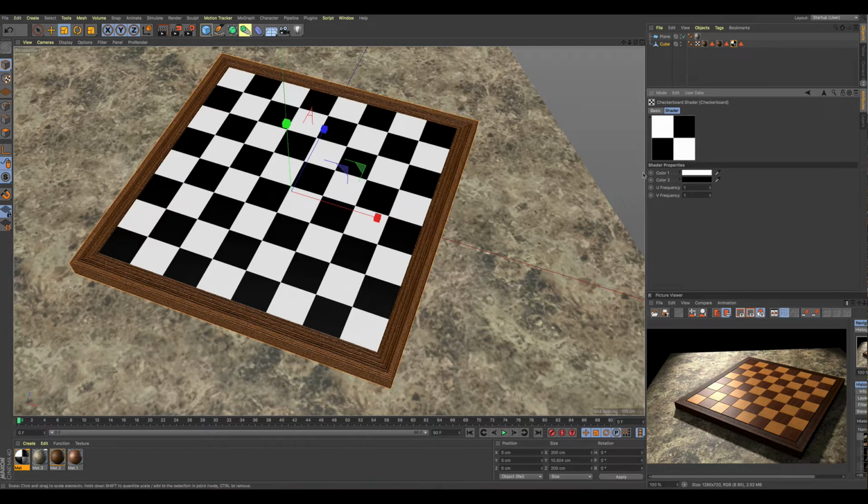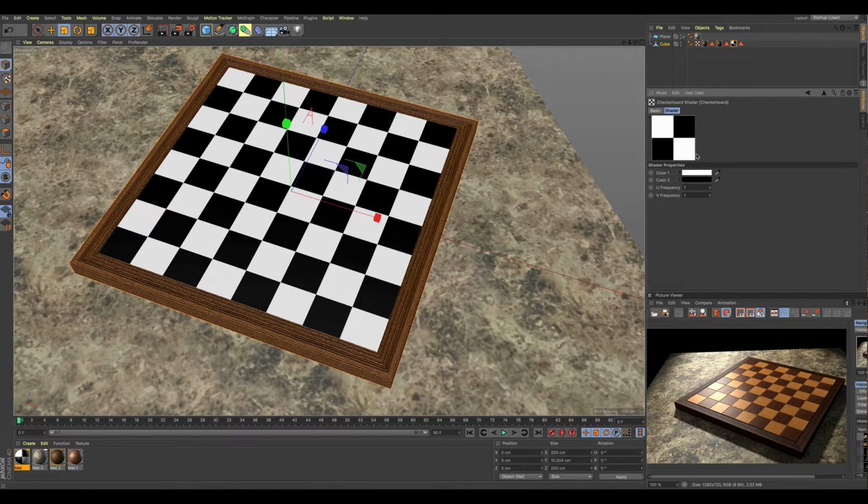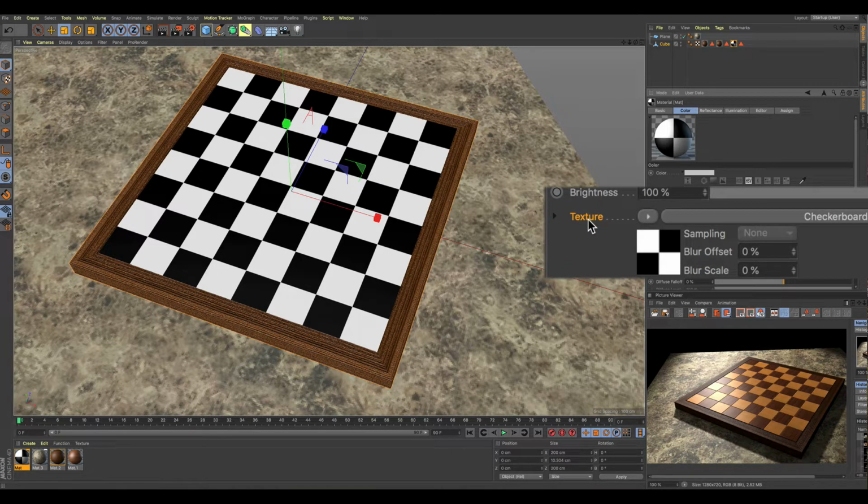And of course we don't want just regular colors here. You can click on one of these color swatches and choose any color that you want, but we don't want these types of colors, so let's go back to our texture channel,